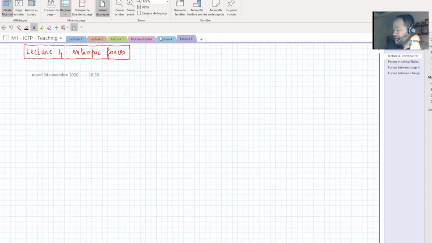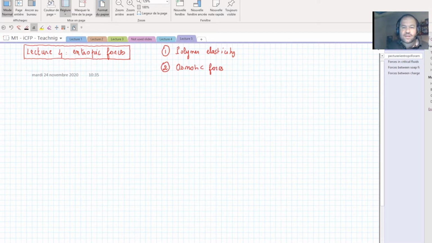Yes, so last time we discussed some of the entropic forces that are important in soft matter. What we dealt with was first of all the polymer elasticity, and the second thing that we discussed was mainly the osmotic forces. And today I want to come back to something we discussed some lectures ago, which were the electrostatic forces, because up